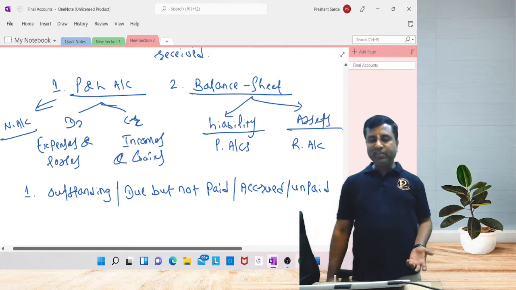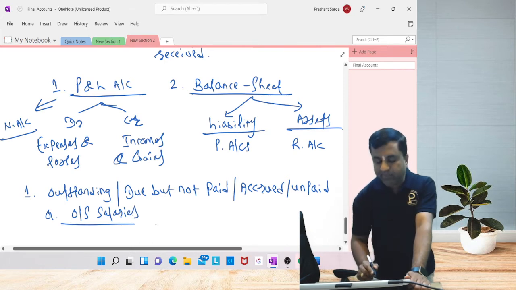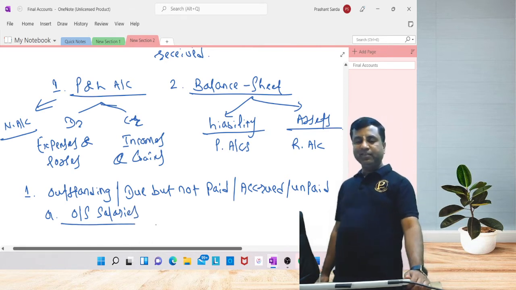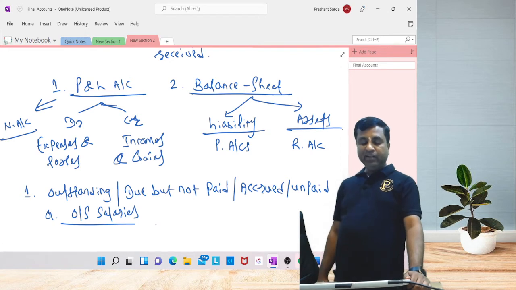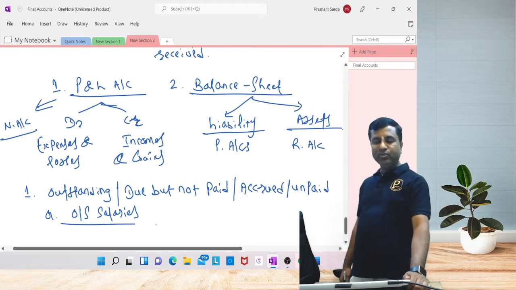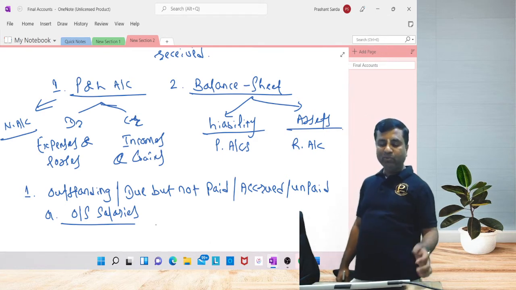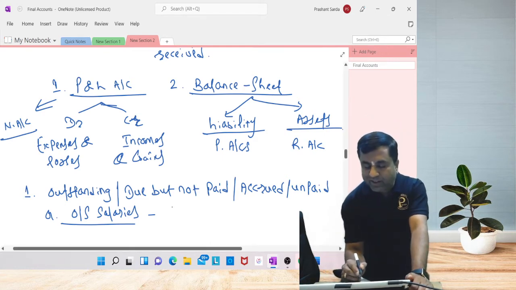अब आप इसमें expenses ले सकते हैं या इसमें income लेते हैं. So let me take first expenses. So let me say outstanding salaries for a business, outstanding salaries मतलब salaries due but not paid by the business. अब ये सिर्फ सैलरी होता तो ऑब्वियसली ये नॉमिनल अकाउंट होता. If it is paid, then obviously it would have been an expenditure and it should have been a nominal account. But ये आउटस्टैंडिंग है. आउटस्टैंडिंग का मतलब क्या है, it is due but not paid. So outstanding salary is not a nominal account, it becomes a liability. ये जैसे ही आउटस्टैंडिंग हो जाता है ये लायबिलिटी बन जाता है,